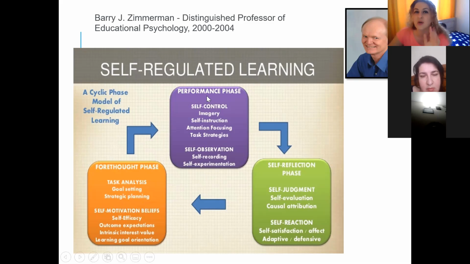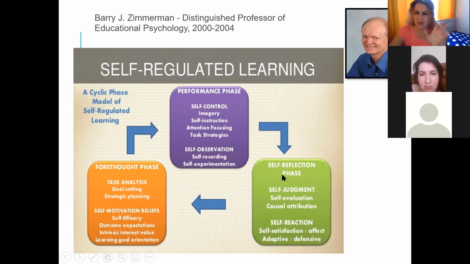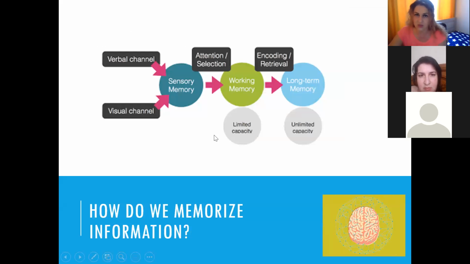Now we're moving to the performance phase. The performance phase is the more practical part, and after that comes self-reflection to check what we have done. We are not going to do it in this part of the webinar, but I will ask you to fill in a questionnaire at the end, answering three questions to reflect on my webinar. So now let's move to the performance phase, where we need to draw attention to the more practical part of the webinar.